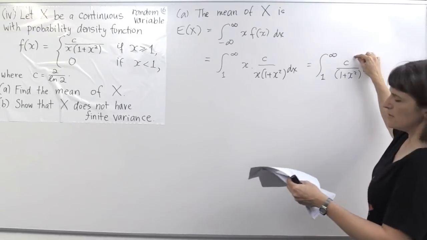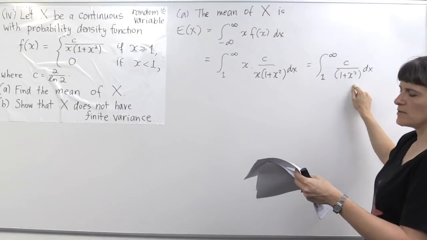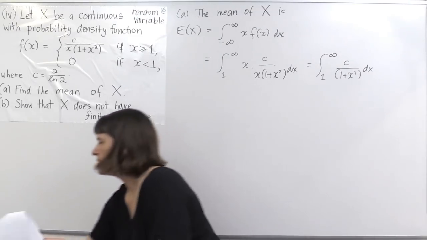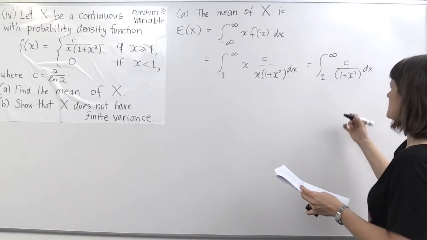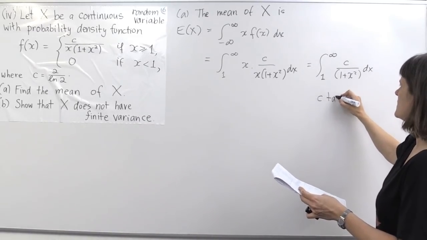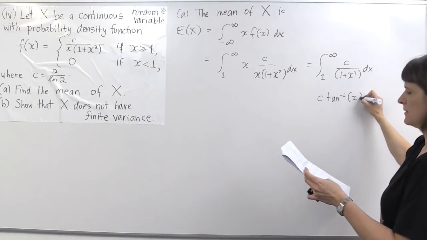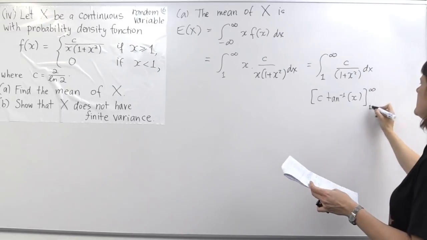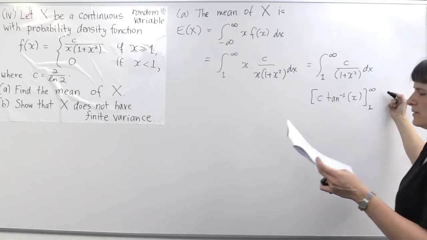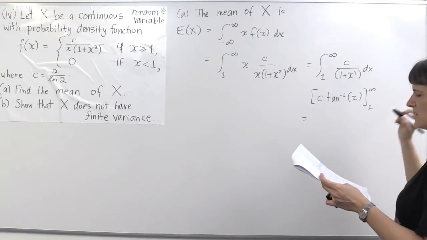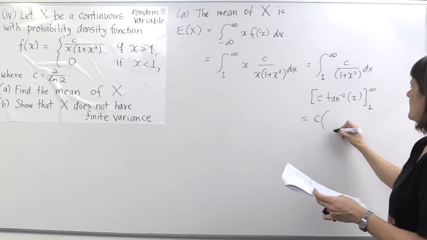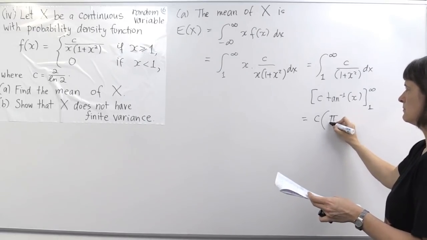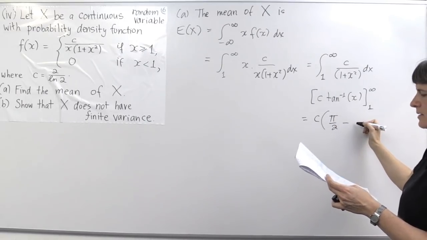So the integral with respect to x of 1 over a squared plus x squared is arctan. Okay, so this we can write down because we know that integral. It's actually c tan inverse of x, and we're evaluating it at 1 and infinity. Really this is a limit, but you know how to do this. The limit at infinity is pi on 2, and the value at 1 is pi on 4,